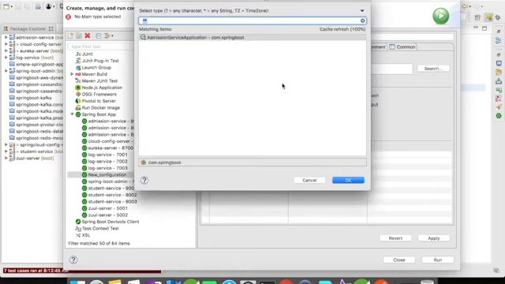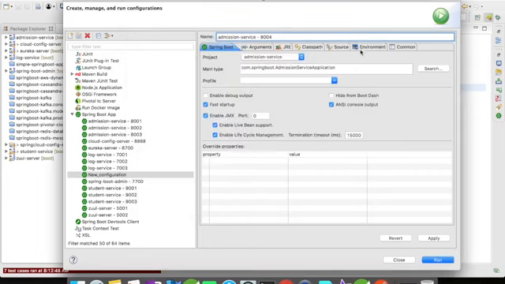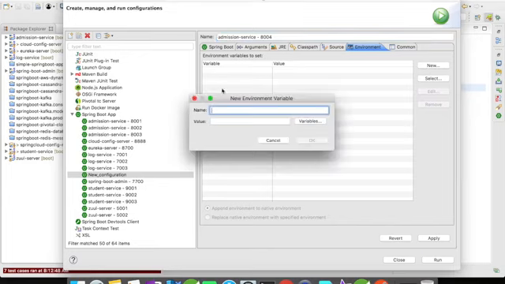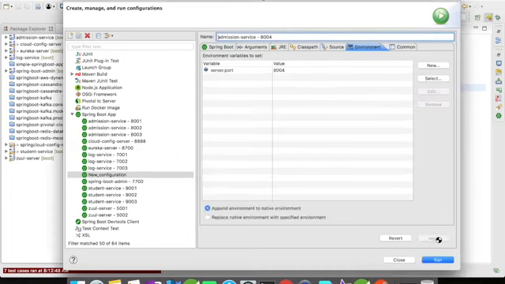And then search for the main method. The main method is present in the admission service application. Select that. Then you have to mention the port. Click on the Environment tab in the Run configuration and click on New. We all know that the port is allocated to the server.port environment variable. So now I'm going to give 8004 here and click on OK. Apply